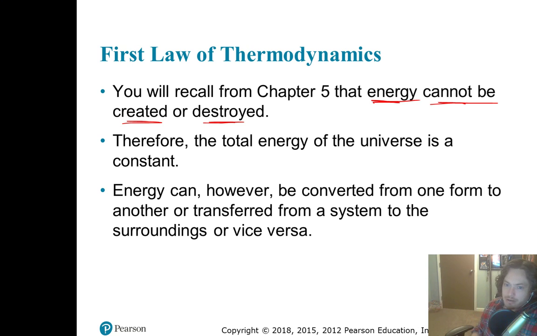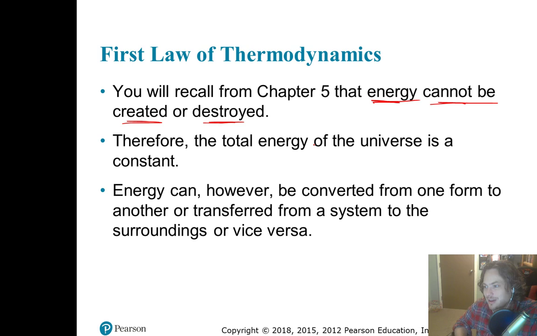The total energy available in the universe is constant, and this kind of leads us to the idea of the entropic heat death of the universe. If there's only so much energy, right, and the universe is constantly expanding, then that energy just keeps getting more and more spread out until the point where the energy is so far apart from one another that nothing interesting can happen anymore. But that's somebody else's problem, like 1.5 billion years from now or more.